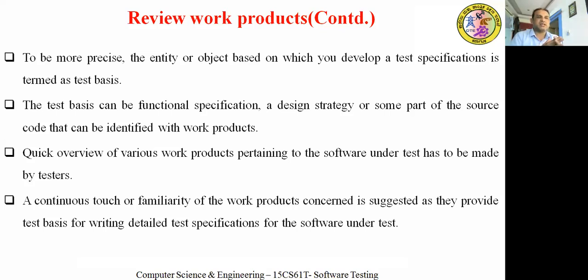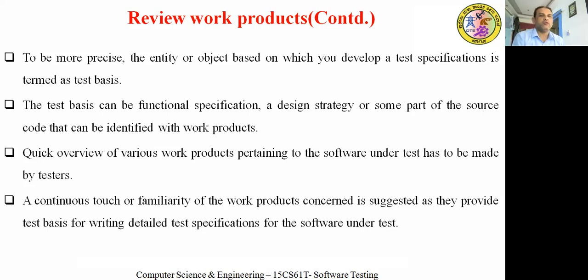It is nothing but the functionality of the software, or a design strategy, or any source code that is identified. Based on that, you are going to write the test cases. You need to be careful and identify the functionality and the design of the software. Based on that, you need to do the testing, or write the test cases.